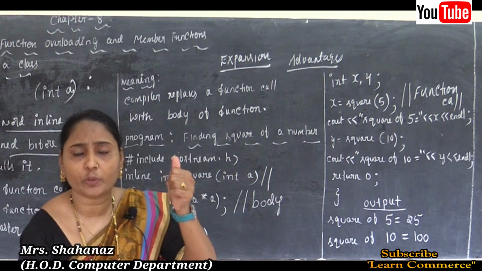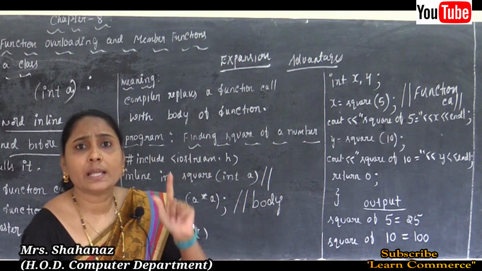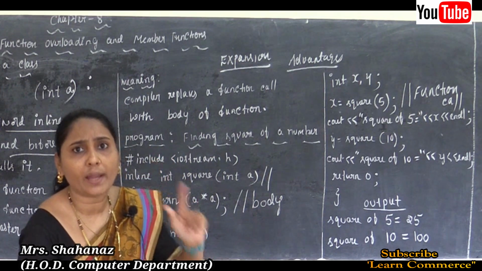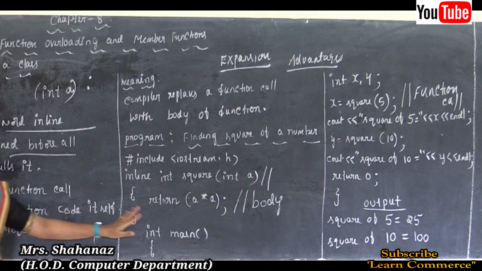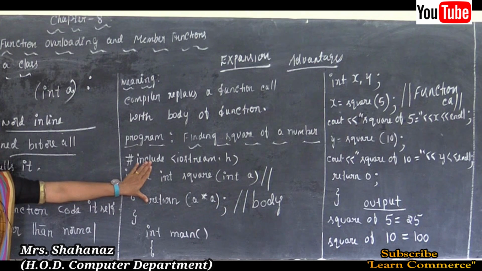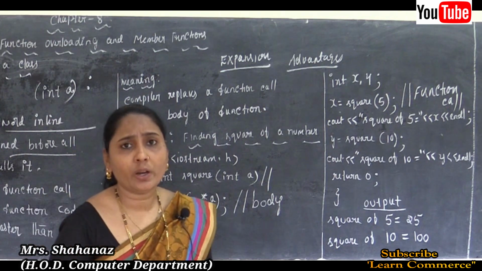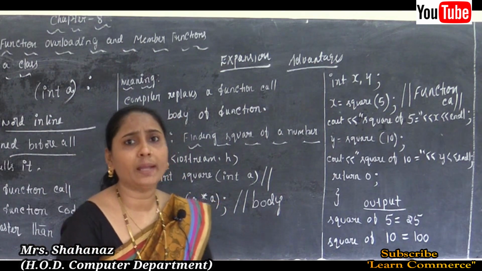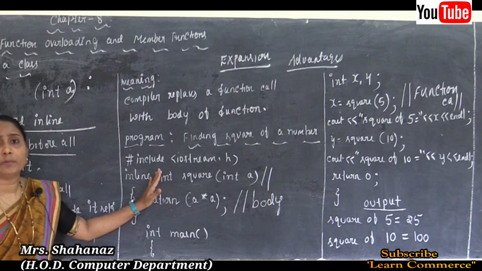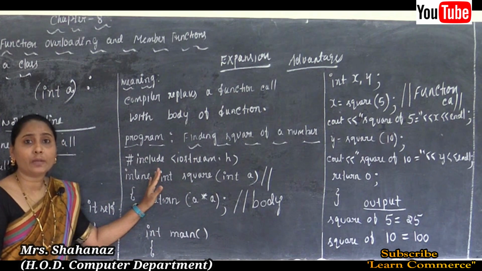Okay, so this is our first advantage of the inline function, and therefore the size of the executable file reduces. Correct? No? So why? Because when you compare it to the other program, just a smaller number of lines is used in our inline function. Therefore the size of the executable file is small, because a very limited number of lines is used in our inline function.